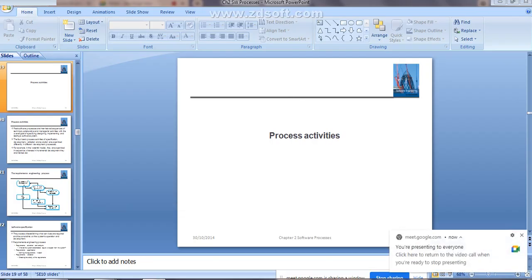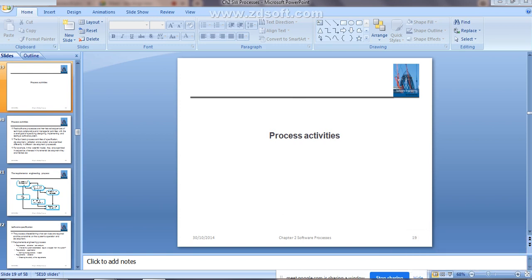See, someone was telling the different kinds of process activities. First one is software specification. There are mainly 4 different types of software process activities, right? First one is software specification. Another 3, can you name them at least? Software development. Yes, software development. Good. Then validation and evaluation. Yes, software validation and software evolution. These are the four different kinds of process activities we have studied.